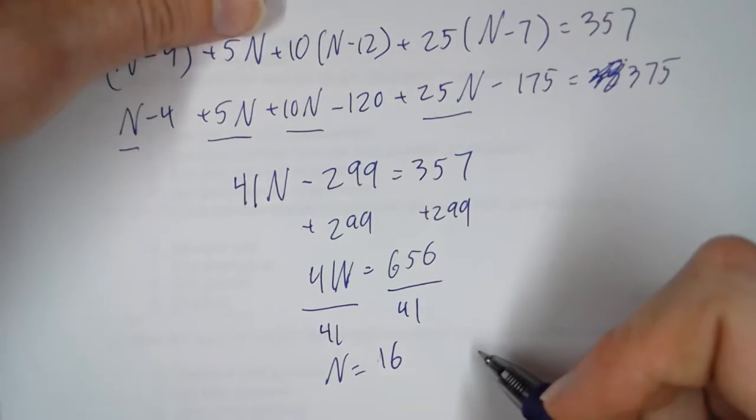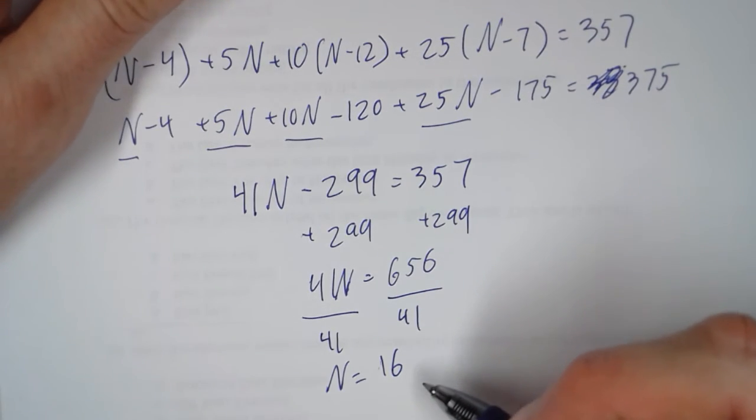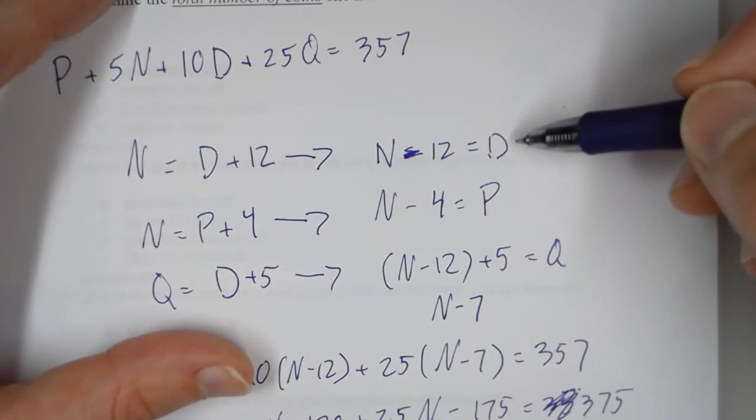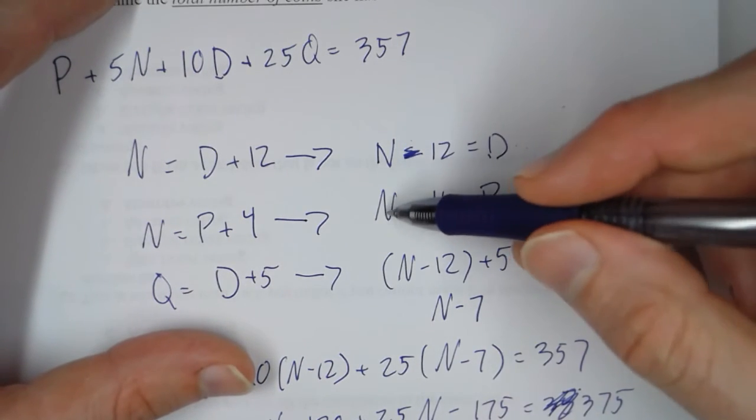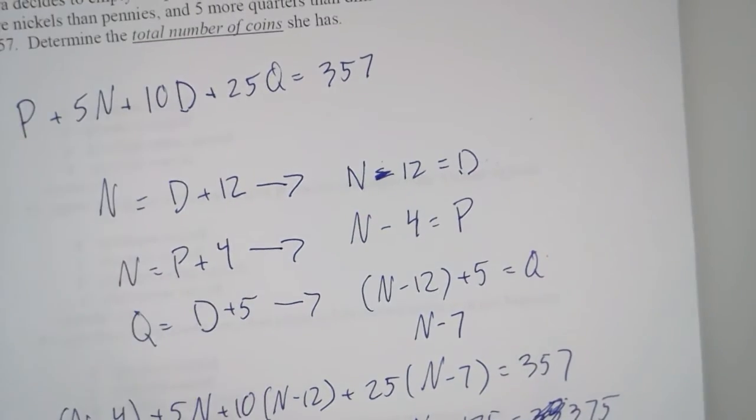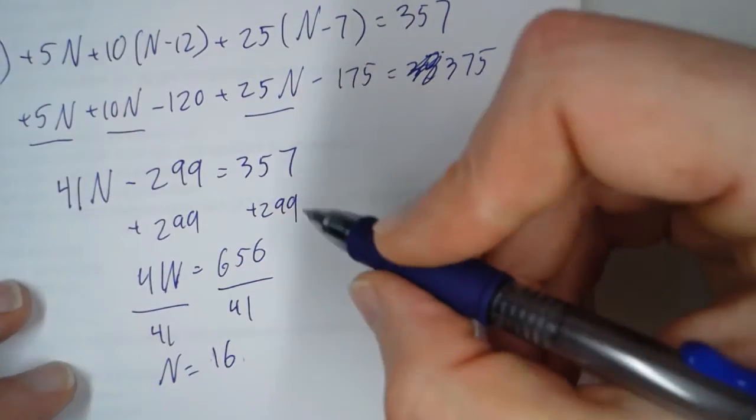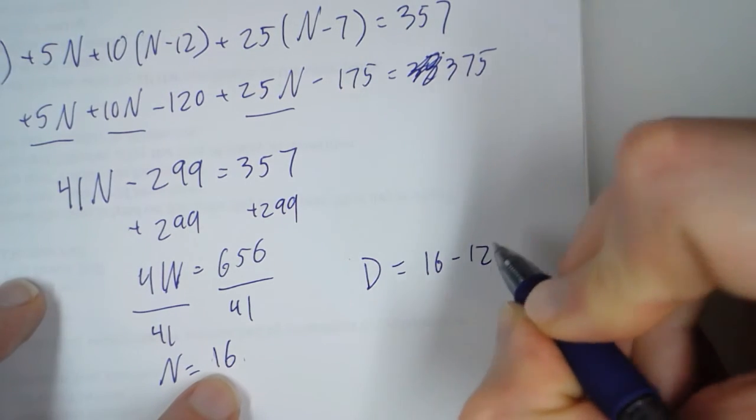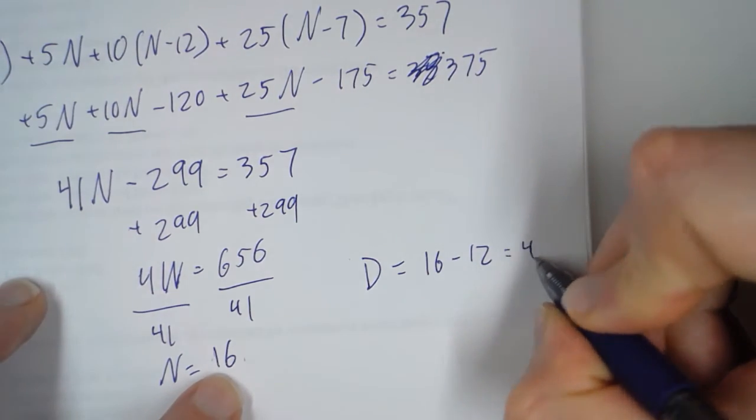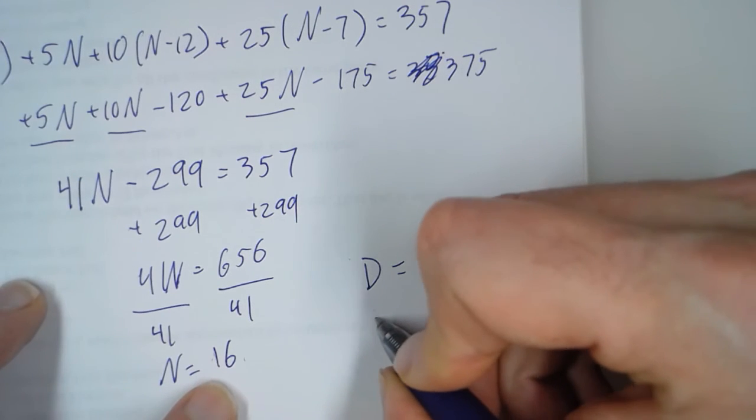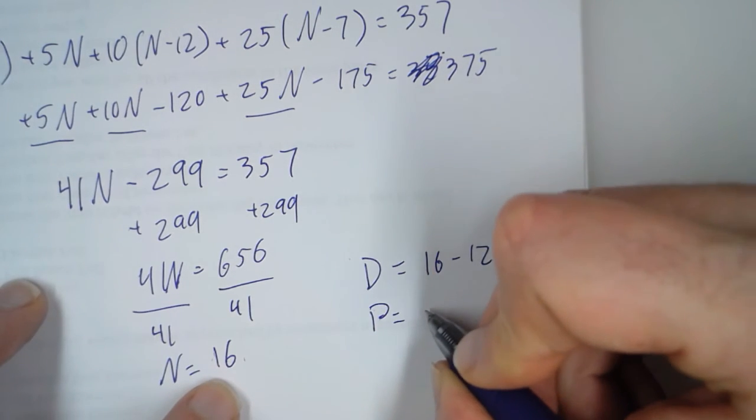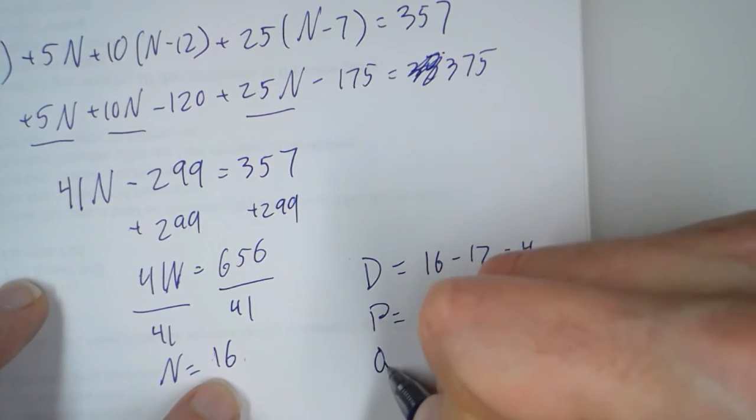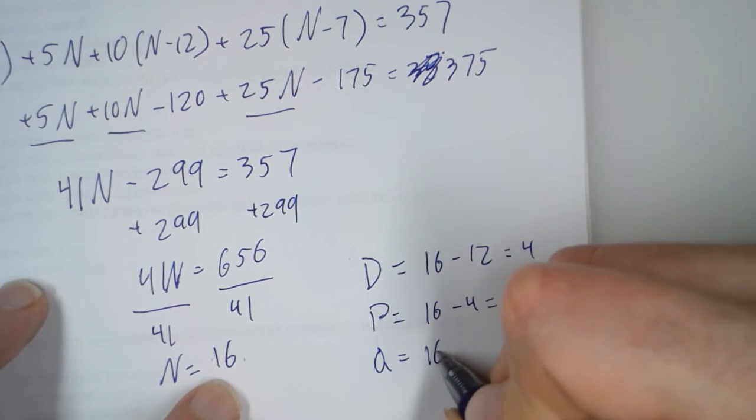So now that we've got n equal to 16, we can figure out the value of the other 3 coins, because we have these equations up here. Now that we know that n is 16, we can substitute these in. So let's do that. We said that the dimes was n, which is 16 minus 12. So that means the number of dimes is 4. Then we have pennies. We said that was n, which is 16 minus 4, so we have 12 pennies. And then q, we said that was n, which was 16 minus 7,